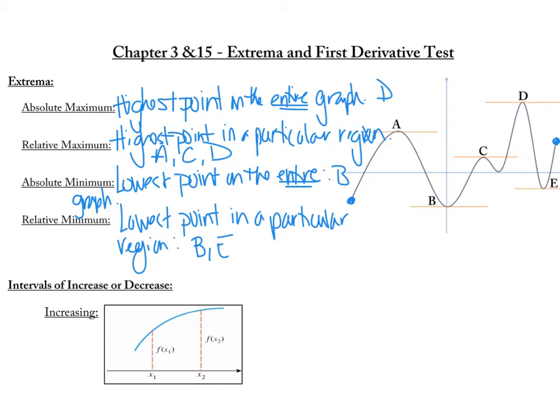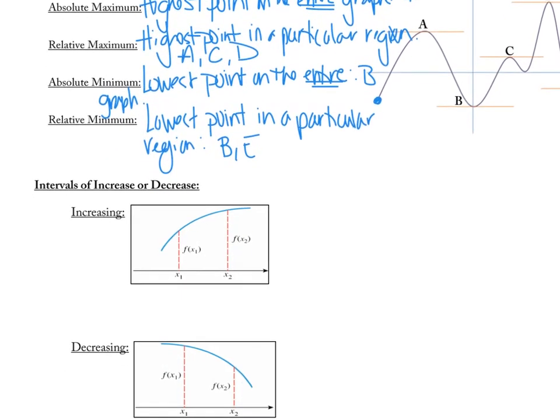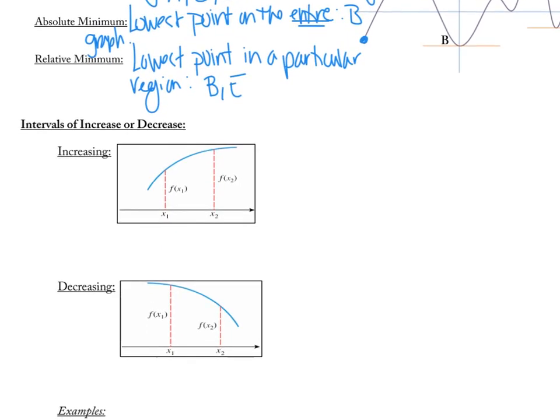So biggest thing here, relative max are the mountains, relative mins are the valleys, and then absolute max is the highest point of the entire graph, which means there might not be one. And then the absolute minimum is the lowest point on the entire graph. There might not be one. Okay. All right, so the first derivative test is going to allow us to figure out when a graph is